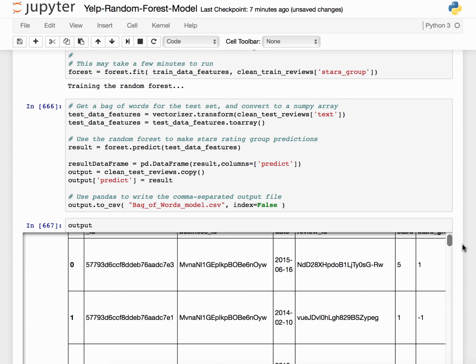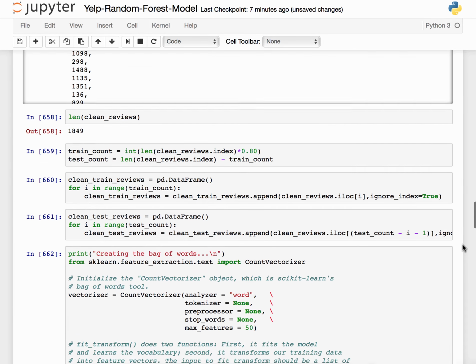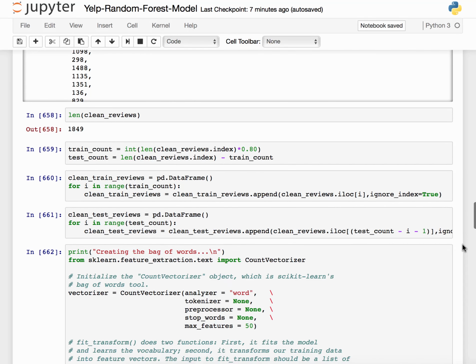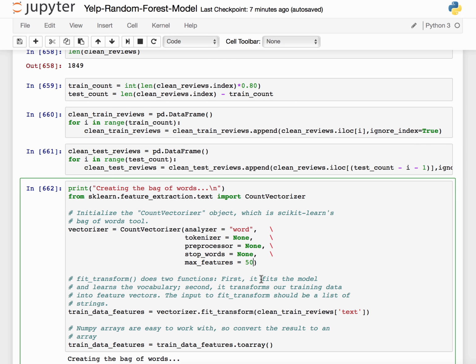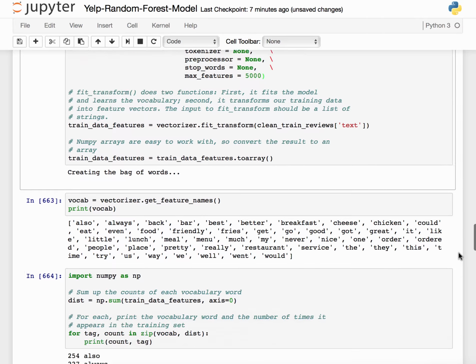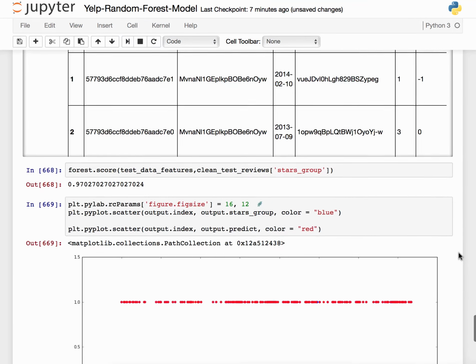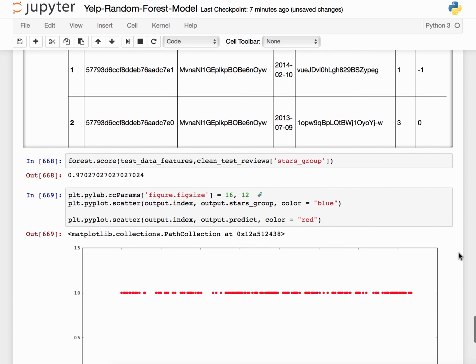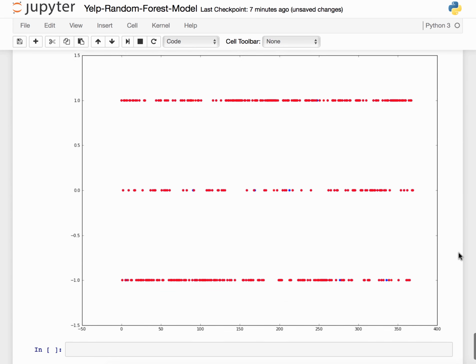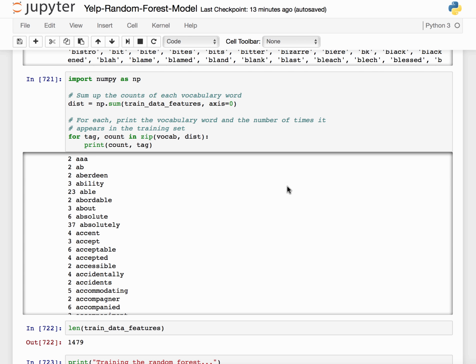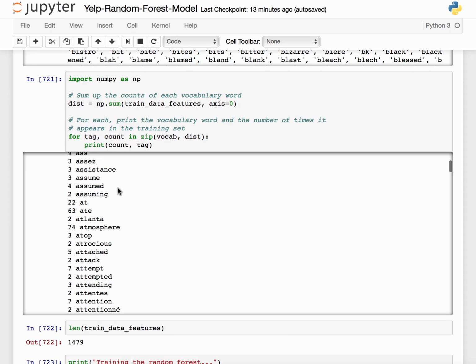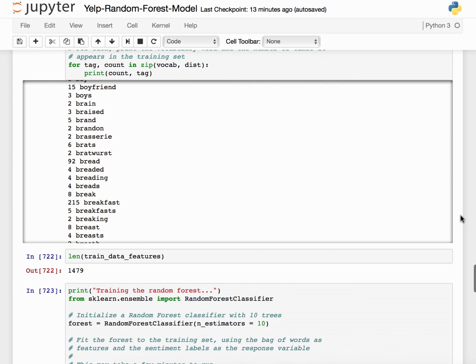Now let's increase the number of features to the maximum number of features. Now we may not use all 5,000, but let's increase that to 5,000, and let's leave it at that. Let's do that, and then afterwards we will increase the number of trees. So at 5,000 maximum features, these are the features that we're using, the vocabularies that we're using, classifiers, and